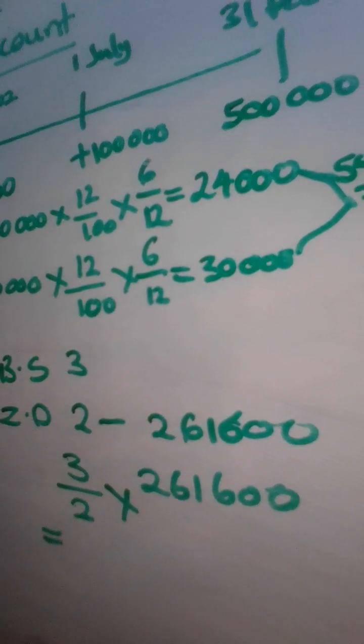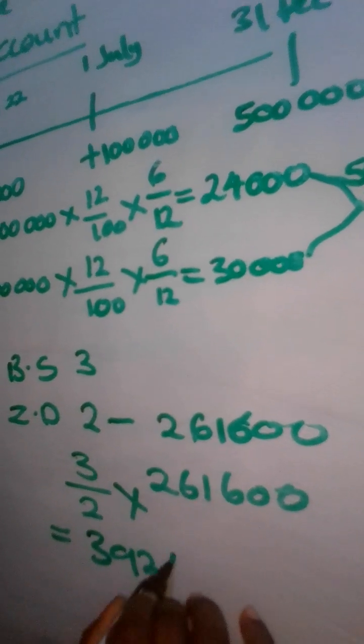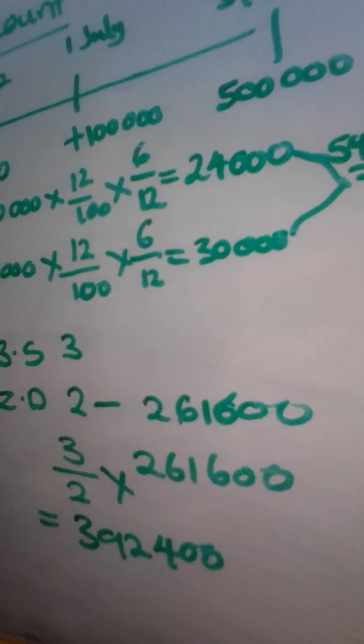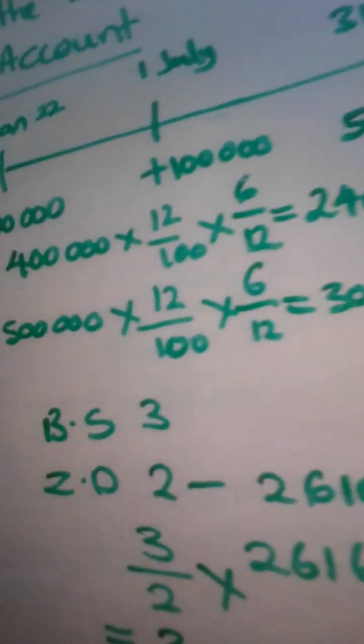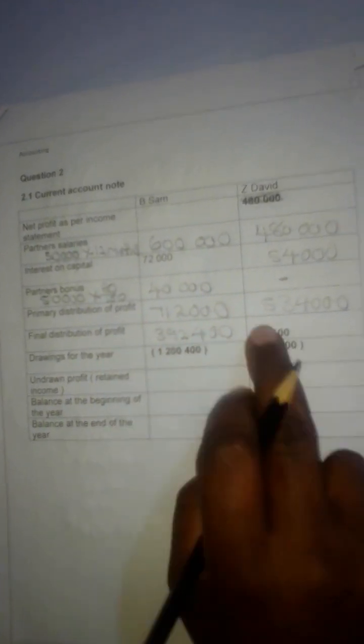We'll get something like 392,400. Okay, let's record the final distribution here. 392,400. This is the final distribution for BSEM. Okay, so once now we have the final distribution and the primary distribution, we can now calculate the net